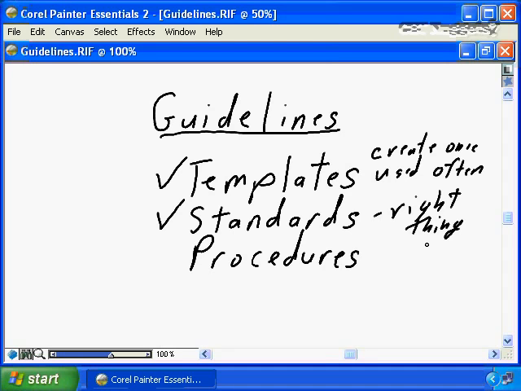Procedures ensure that everybody is following the same steps. Procedures ensure that everybody is communicating the same information in the same style, in the same manner. The guidelines are there to ensure that you have efficient and effective